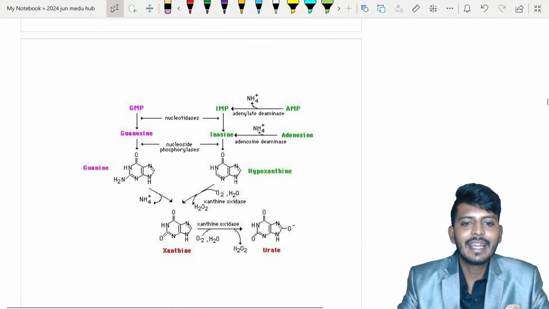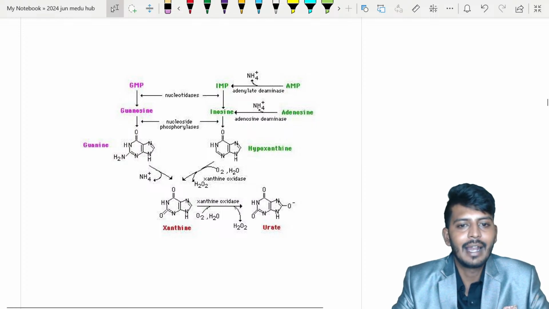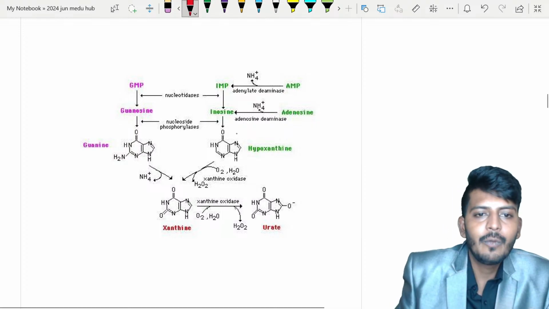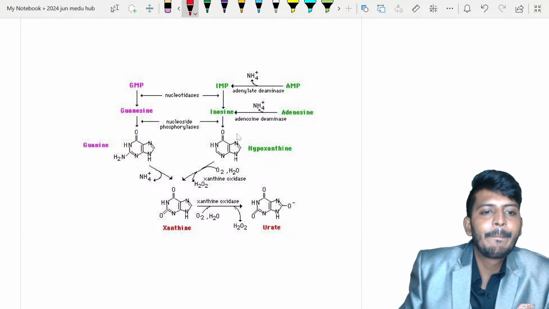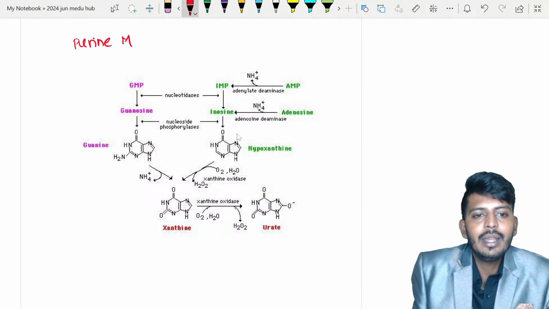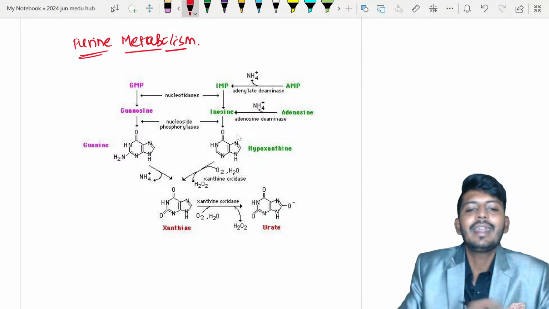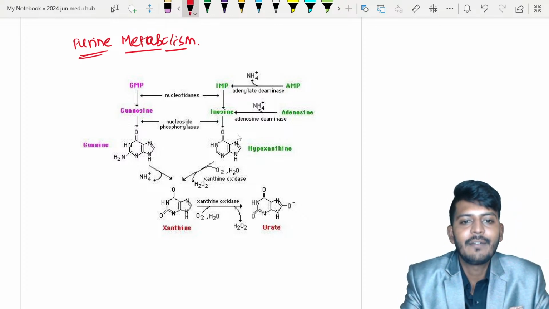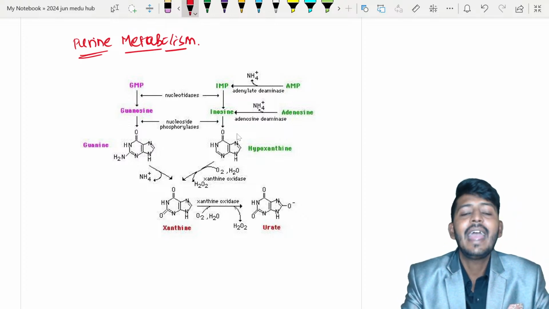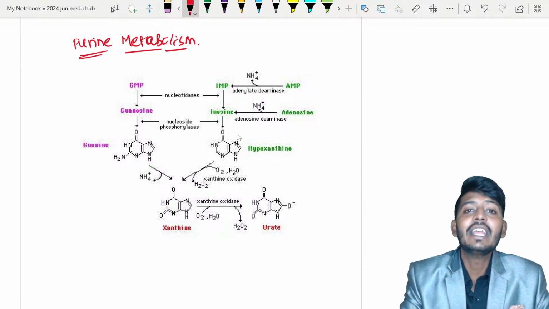So where exactly will this enzyme come in? Let's understand. यहाँ पे ध्यान से सुनो, we have something called purine metabolism. What is that? Purine metabolism. When we are speaking of purine metabolism, it occurs by two pathways. One of them is your salvage pathway, and one more is there, that is called de novo